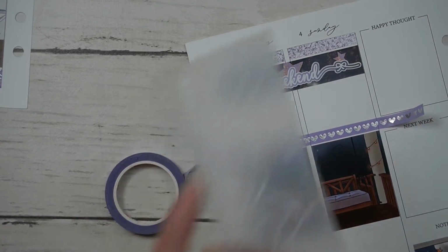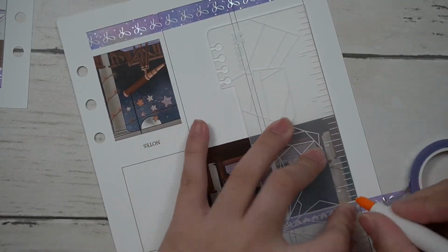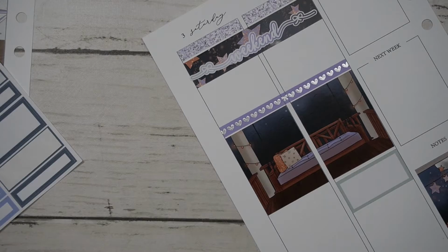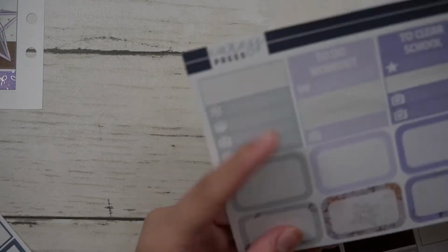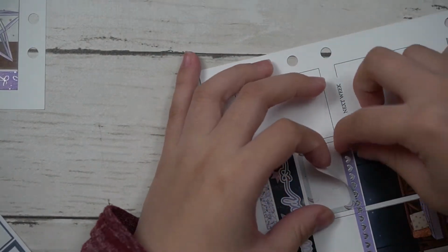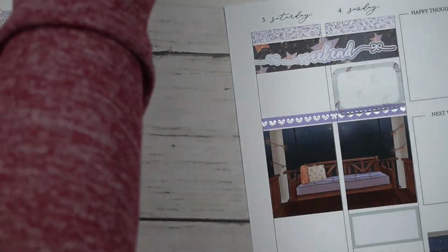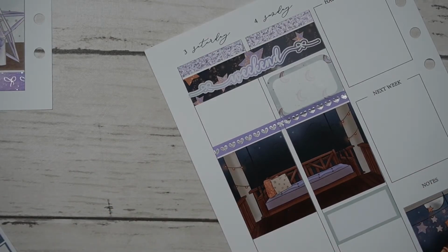Anyway, I'm clearly on the weekend now, but I was just setting up for the weekend, and I did put down a checkbox on Friday. Honestly, I don't really need that many checkboxes, but it depends on some weeks that I have crazy days. So yeah, I'm just going to create 8 of the checkboxes in case I do need them, but I can save them for later spreads if I do have something similar to these colors. So yeah. So for Sunday, I did put down a half box that was part of the kit, and then